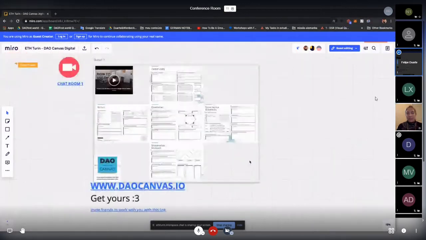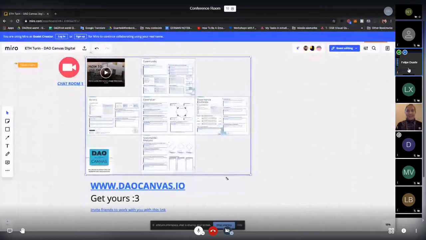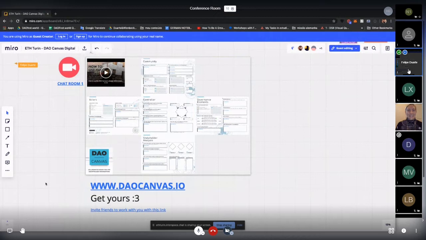The way we're going to do this is a workshop format. It's not a presentation. And you guys are free to get angry about this and then tell me what presentation you think I should have made. But I prefer doing workshops and I prefer interaction. So the cool thing is that with this interface in Miro, if you've never used it, we can directly collaborate on things and we can export the canvases and the result of the DAOs.